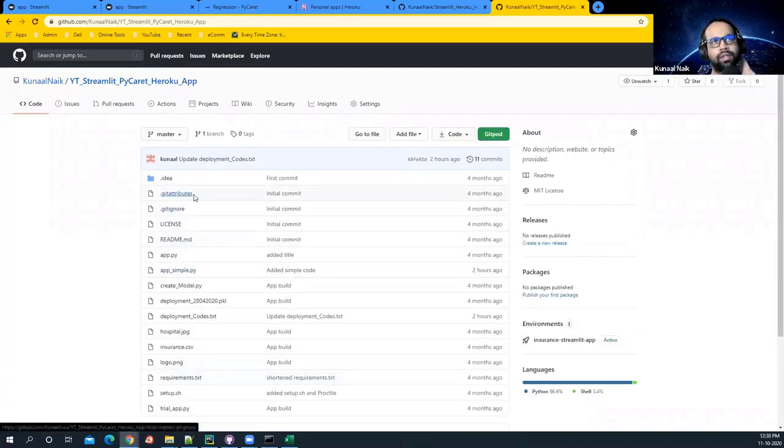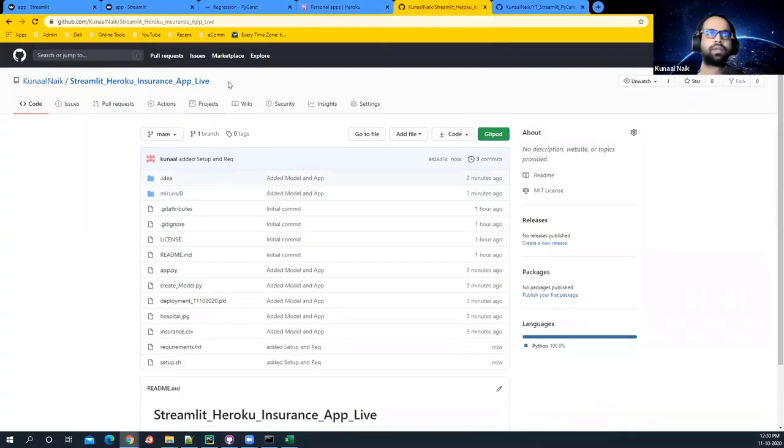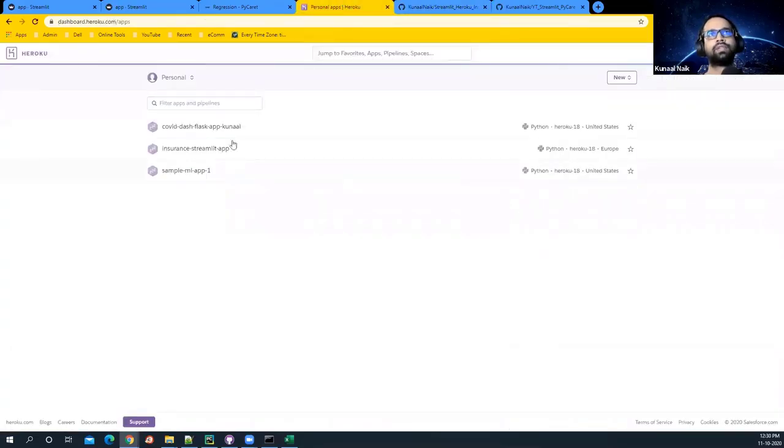We have this git ignore, git attributes, hospital, requirements. Yeah, so all of that is done there, right? So now obviously you want to take this particular thing and load it into Heroku, and that's how we'll be doing it, right? So I'm going to say create new app,